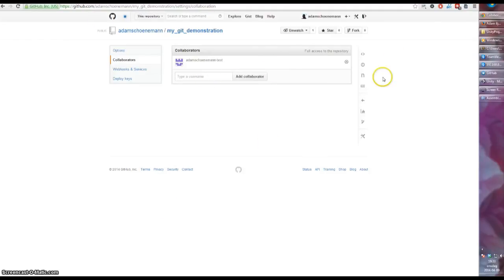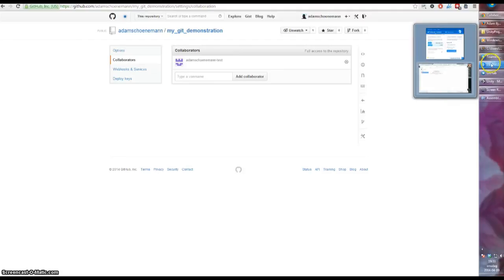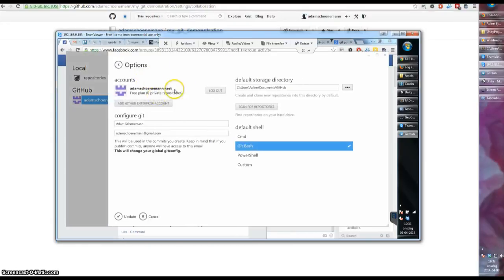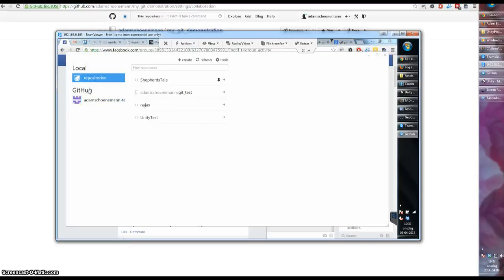So now I'm just going to change into a remote desktop session on a different computer here. So on this computer I am logged in with that Adam Schrenemann test account. You can see I have some local repositories already, and I also have some repositories on GitHub, and whoa, that popped up there because I was added as a collaborator. So now all I have to do to start actually collaborating on this project is just press clone,